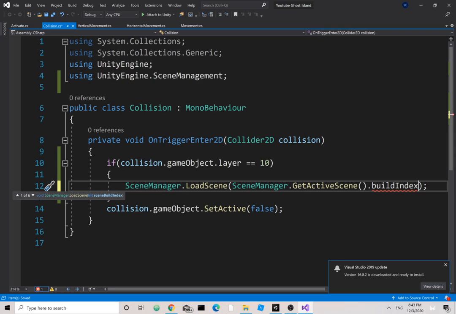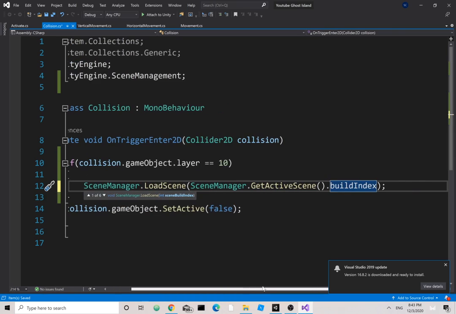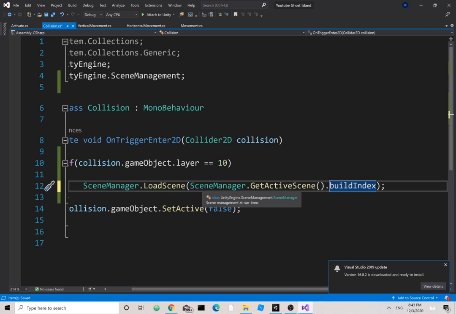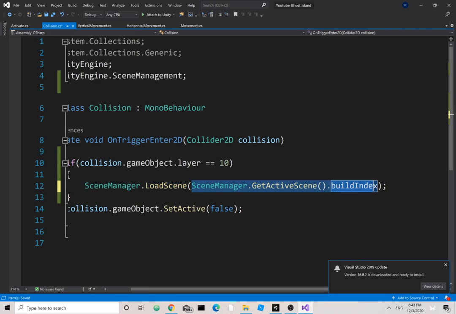Okay, so this is what you do normally. It just returns the index of the scene that's active. If you want to have a door that takes you to the next level, you can literally do this: build index + 1. So this takes you from one level to another. However, as I said, this is for a beginner's lesson. If you don't really understand what's going on and you want to stick to the string, because that makes a lot more sense, go for it. This code would take you from the very first scene to the next scene to the next scene. Anyways, I'm just going to get rid of that, and I'm going to go with the string,